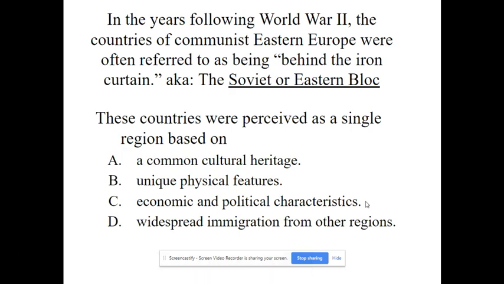Again, those countries may not have fallen to the Soviet Union directly as falling into the name of the Soviet Union. However, they were basically satellite governments. I mentioned that a few slides back. And anything behind that Iron Curtain, to the east of that Iron Curtain that I showed you on the map earlier, was known as the Eastern Bloc, or sometimes referred to as the Soviet Bloc. They're interchangeable terms. And because they all shared that communist system and that political system of communism, complete government control, and etc., they are considered one region based on that.